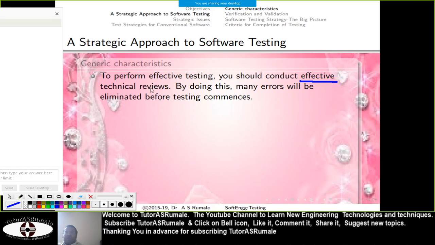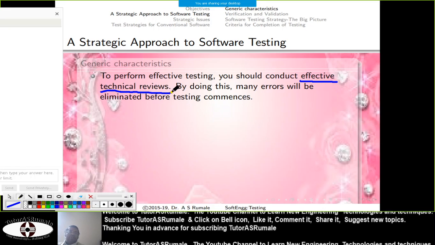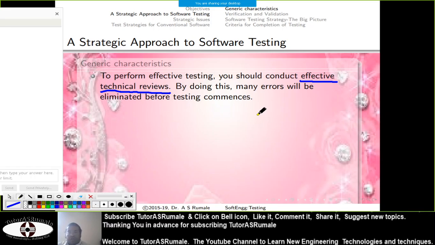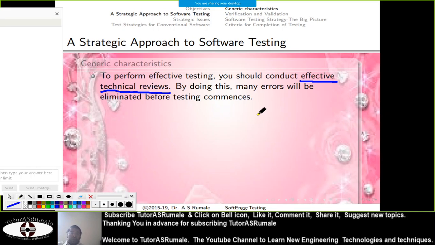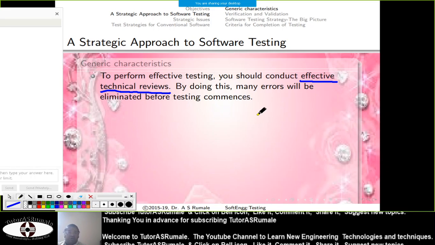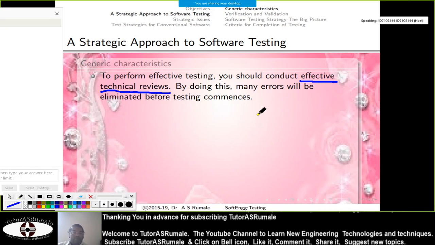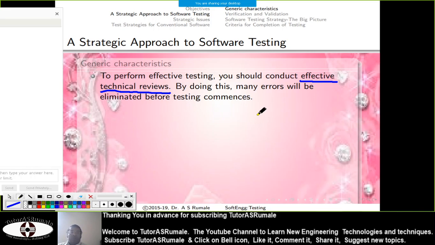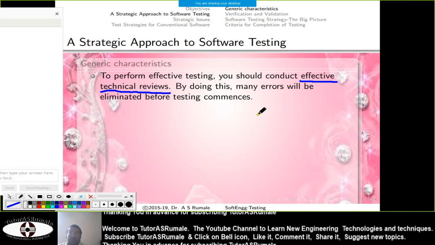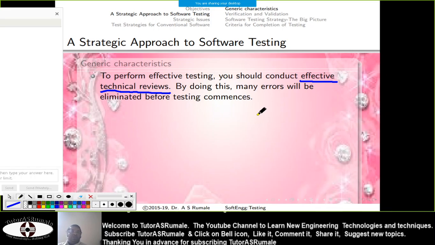You want to test a software designed by you, and suppose you send this software for testing to a doctor. I am saying an actual doctor, BAMS, MBBS and so on. A doctor is by default not an expert in computer technologies, so he will fail to give a proper review of your software. But if your software is medical software, then he can say the software is easy to operate, or whether the results are correct or not. So then you can use that person. That is what we can call effective technical reviews.